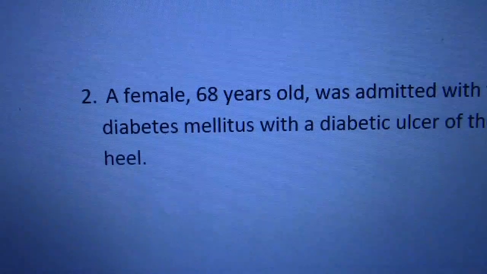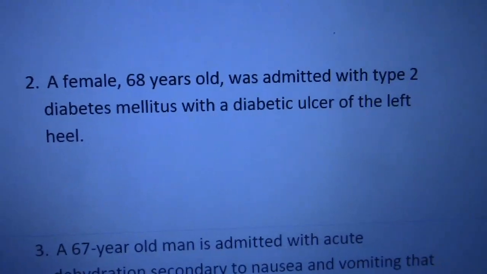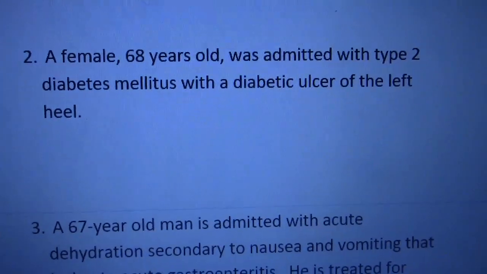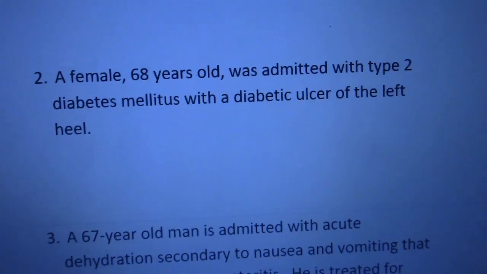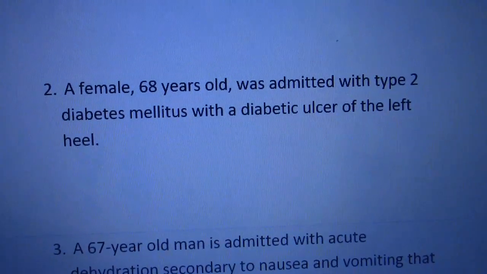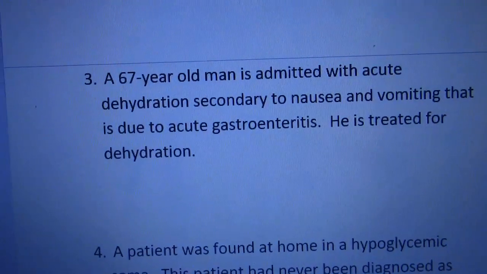So that's how we identify this number 2, female, 68 years old, admitted with type 2 diabetes mellitus with diabetic ulcer of the left heel. So it takes 2 codes, E11.621 and L97.429. Okay. Number 3,